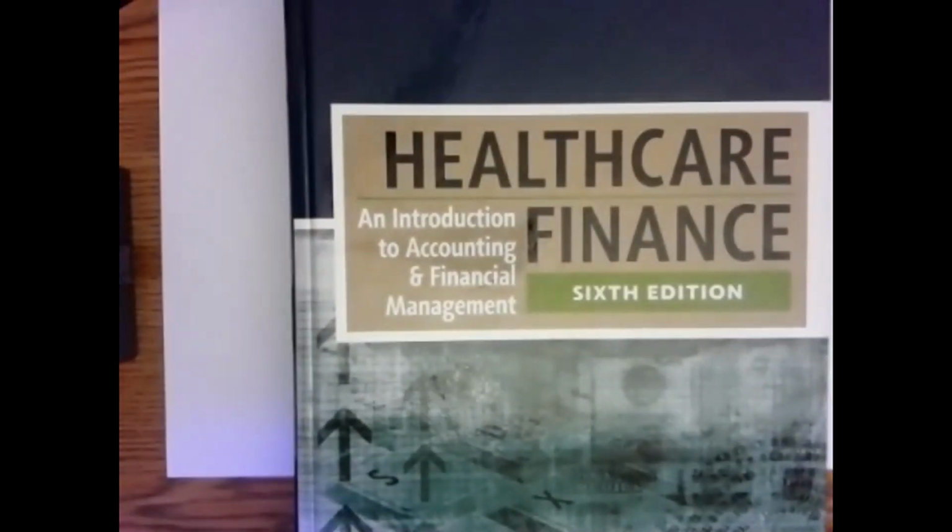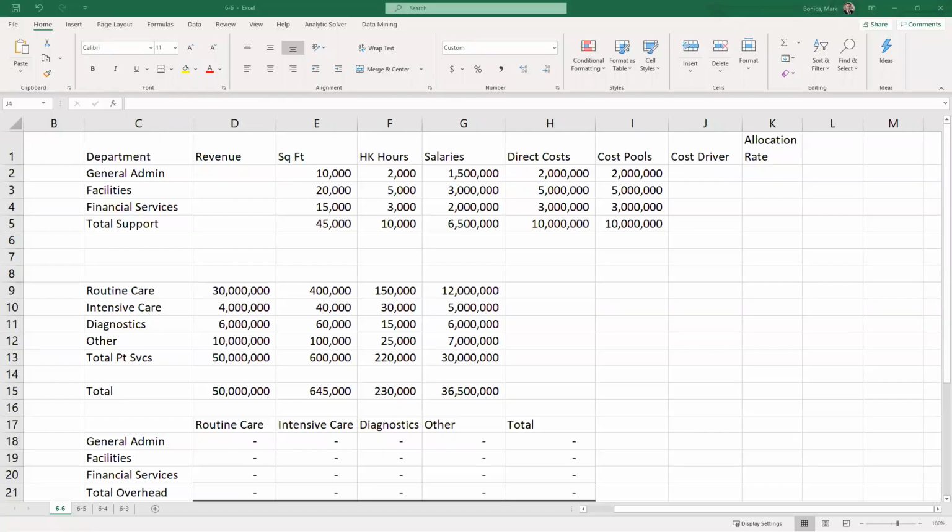This video is going to work through problem 6.6 from Gapenski's Healthcare Finance, 6th edition. Okay, in 6.6, we return to the direct method, so we're no longer doing step down. We're going to use the same drivers as in problem 6.4. So that means general administration is going to be allocated based on salaries, and facilities is going to be based